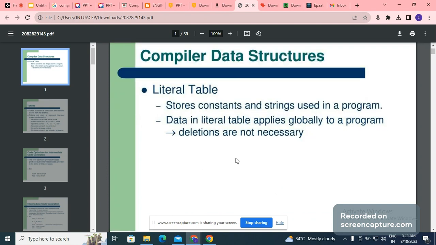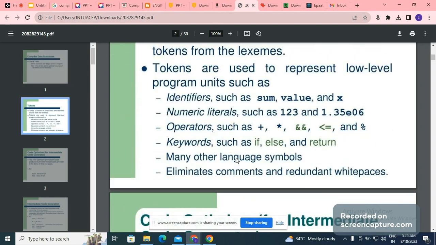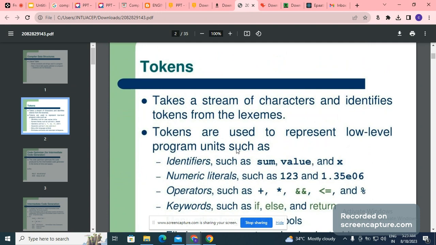Next one, tokens. Tokens: it takes a stream of characters and identifies tokens from the lexemes. Tokens are used to represent low-level program units such as identifiers such as sum, value and x, numerical values such as 1, 2, 3,